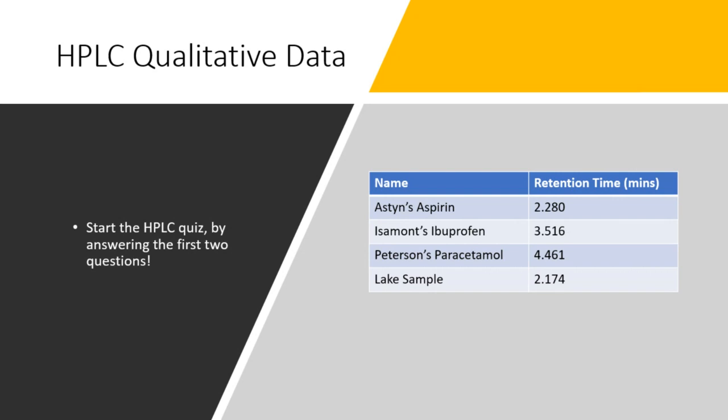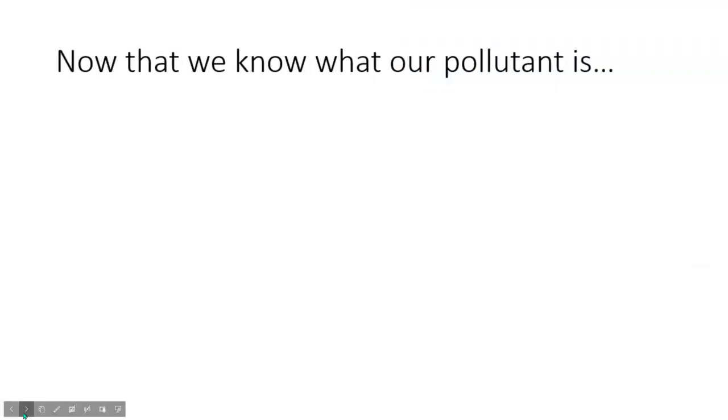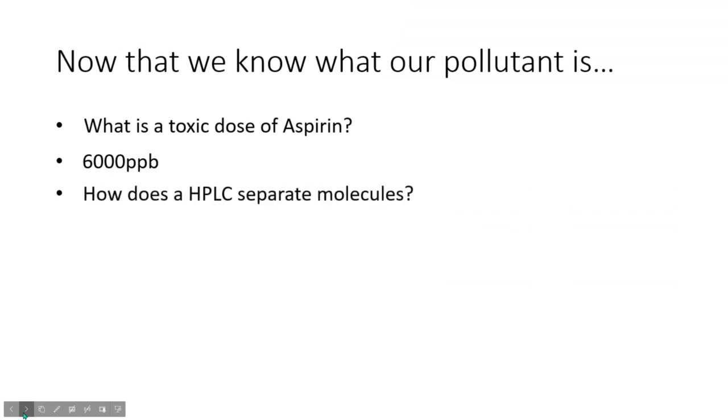So yes, like any good chemist knows, concentration does affect toxicity of almost every substance. Every substance is toxic in a certain dosage, and the same is applicable to pain relief medication. So, now that we know what our pollutant is, I'm assuming you've all answered that in the quiz. It's aspirin. Okay, I didn't think I'd be giving that answer to you. And what is the toxic dose? 6,000 parts per billion. Okay,